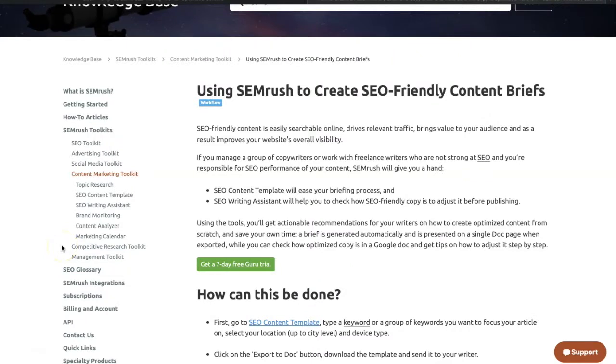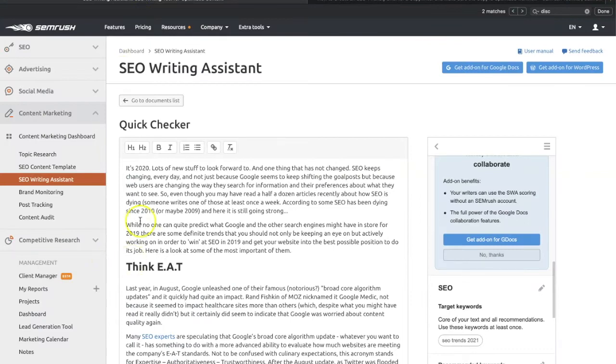Right, ladies and gentlemen, let's talk about using Semrush to create SEO-friendly content briefs. If you're anything like Pearl Lemon and you've got a content team, or if you're anything like Deepak Shukla before he started Pearl Lemon and you're looking to put together a content brief for yourself so you know how to tactically implement content upon your website, then you need to head over to Semrush. As you can see, here's something I made earlier with the SEO writing assistant, but it actually begins with the